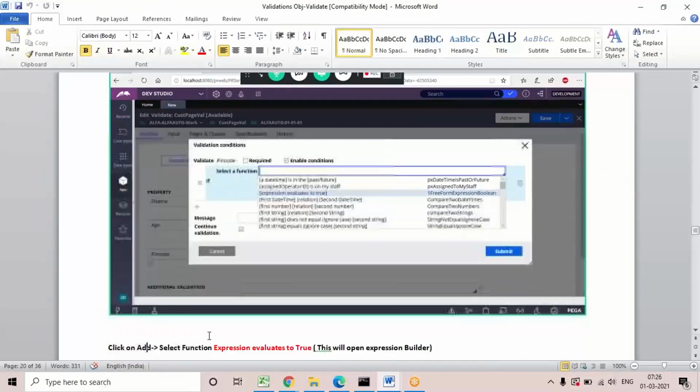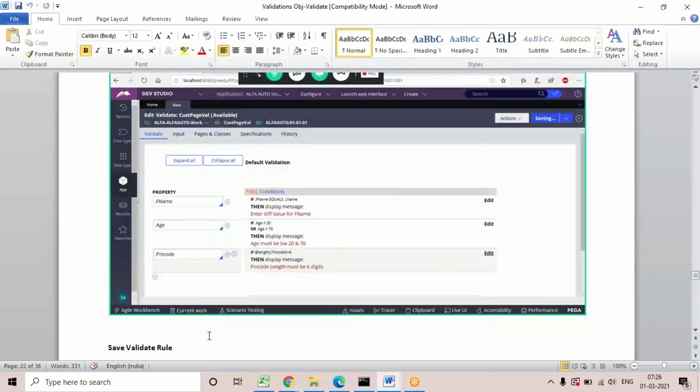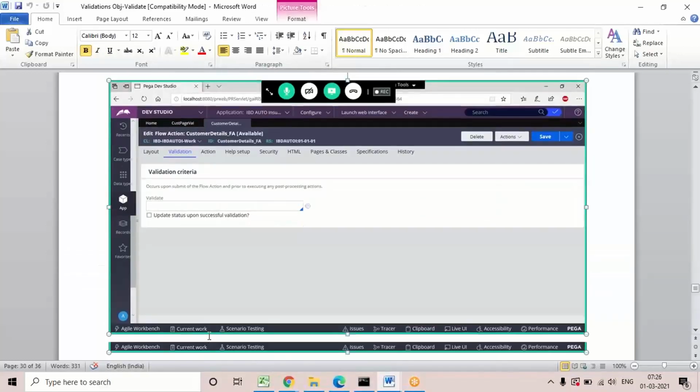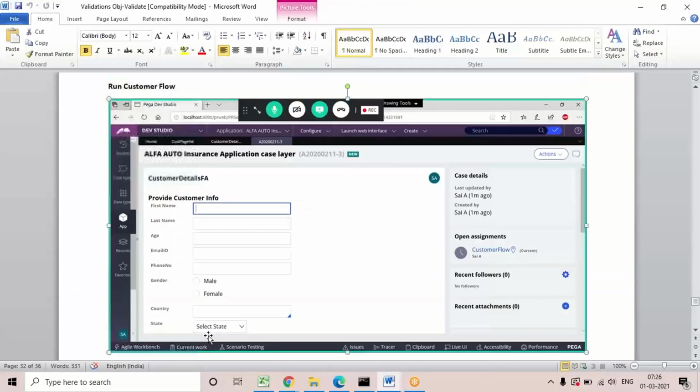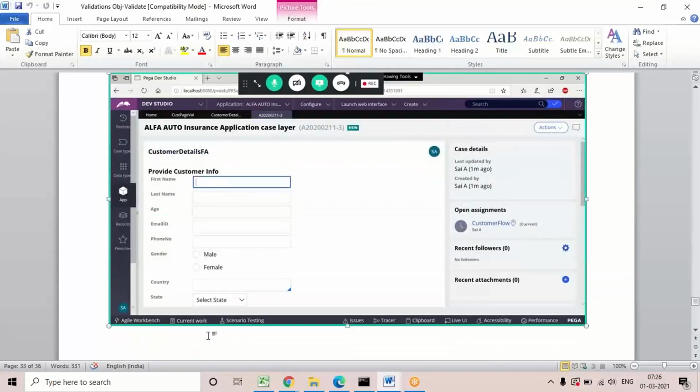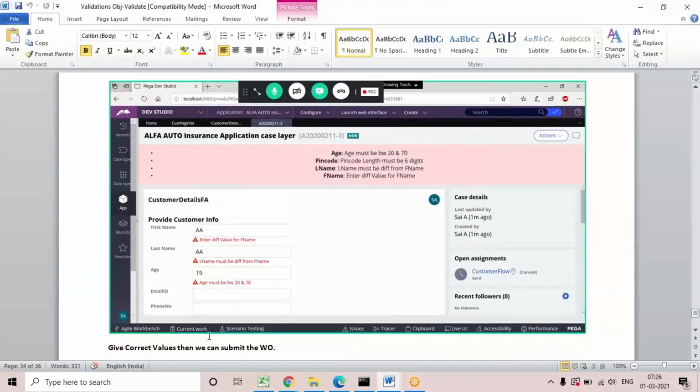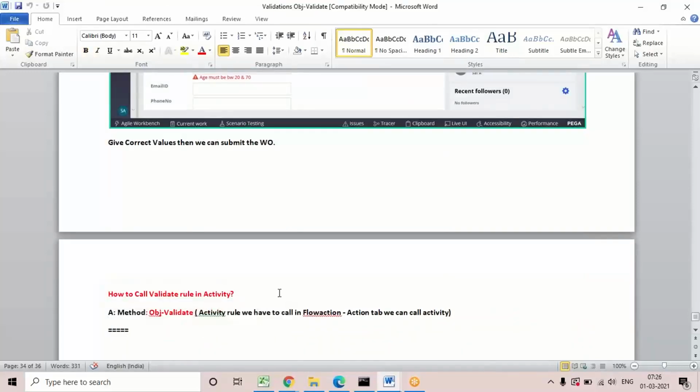After defining the condition, we compulsorily need to call it in the flow action, and only after giving input and submitting the form will this condition be executed. Any condition given in the flow action applies this validation after providing the input and submitting the form.